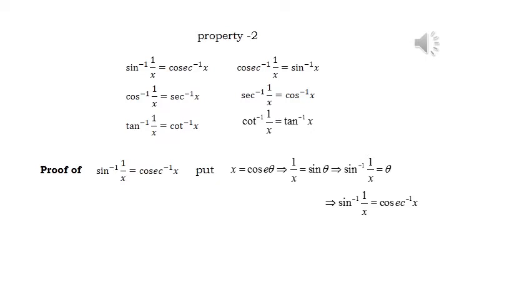Now if we introduce sine inverse on this equation, 1 by x equal to sine theta. Left side becomes sine inverse of 1 by x. Right side, sine inverse of sine theta is theta alone. So theta is nothing but cosecant inverse of x. Why? Because from our assumption we took x equal to cosecant theta. Whenever x equal to cosecant theta, theta should be cosecant inverse of x. So cosecant inverse of x replaces theta. So that's why we have got the result sine inverse of 1 by x equal to cosecant inverse of x. This is the proof of the first set. So similar proof can be done by yourself and practice.